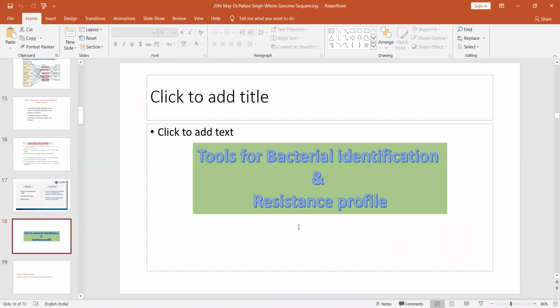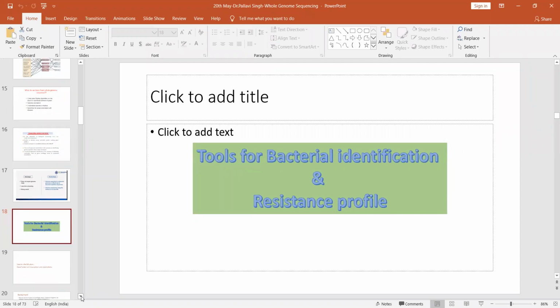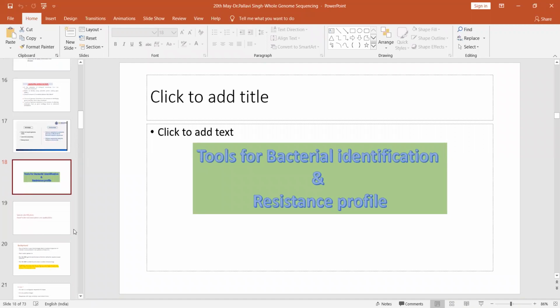So I will be telling you, if I give you an unknown sequence for bacteria and you have to find out what this bacteria is, whether it's an E. coli, or a Pseudomonas, or a Haemophilus virus. I need to have some knowledge on which WGS platform needs to be used. So the Center for Genomic Epidemiology is a database